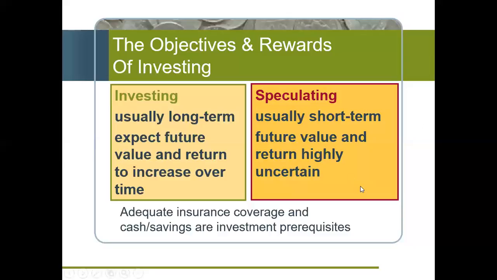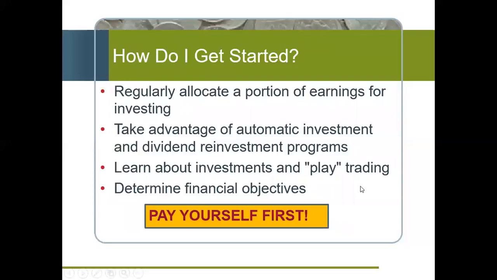Okay. All right. So this is pretty straightforward. This might be oversimplistic for most of you, but how do you get started with investing? How do you put together an investment plan? Well, first of all, you've just got to regularly allocate a portion of your earnings for investments. So if you work at an employer that matches money and puts money into a 401k for you and will give you some free money with a match, obviously that's kind of motivating, right?